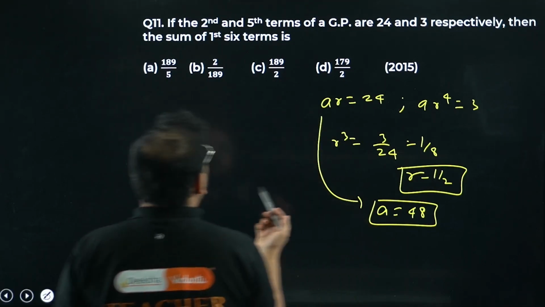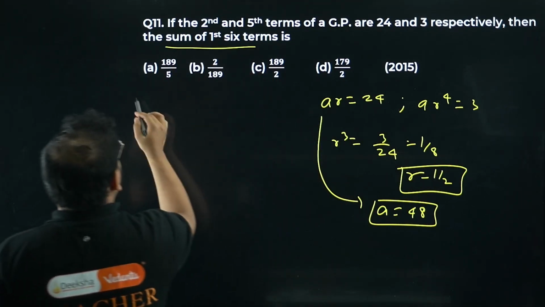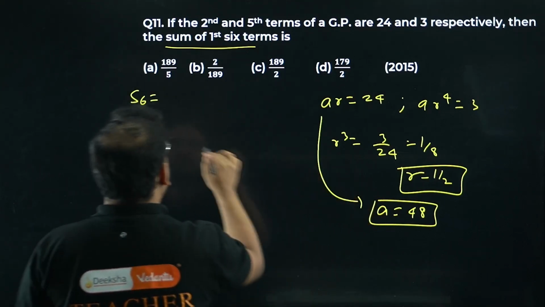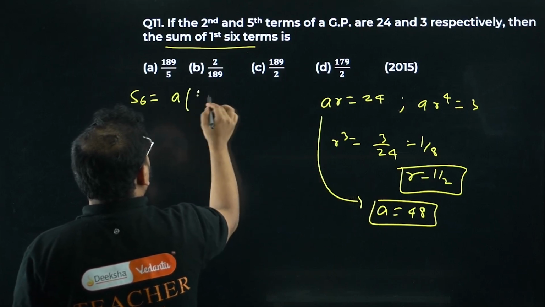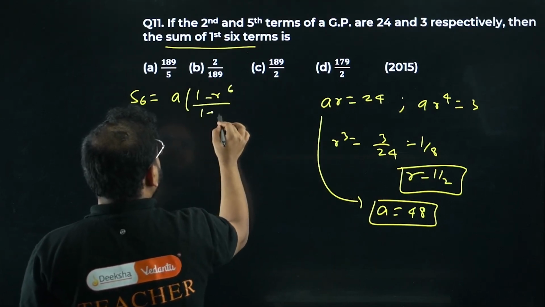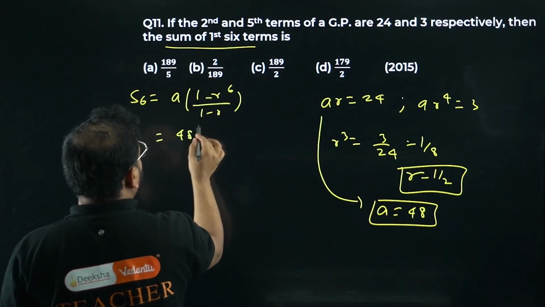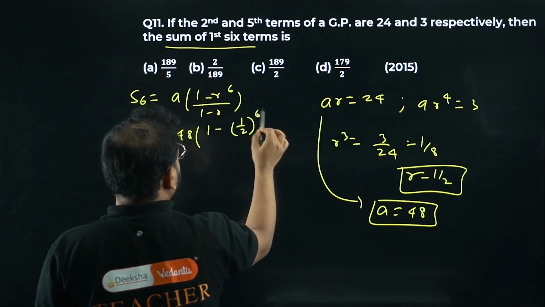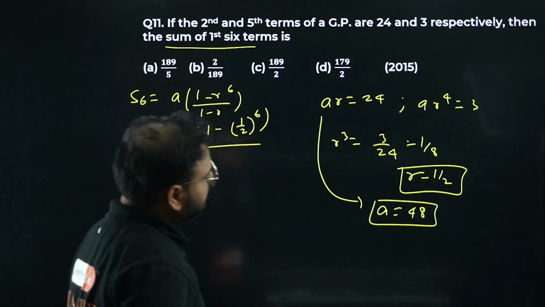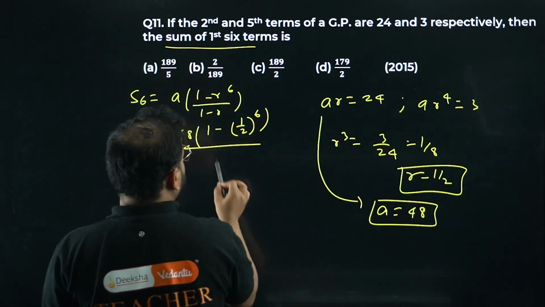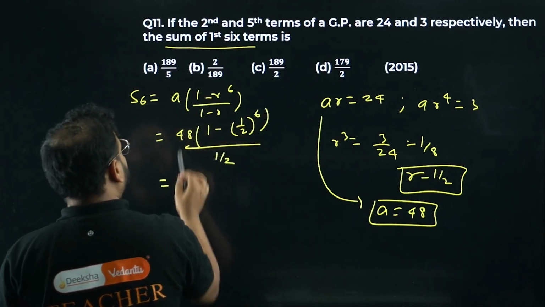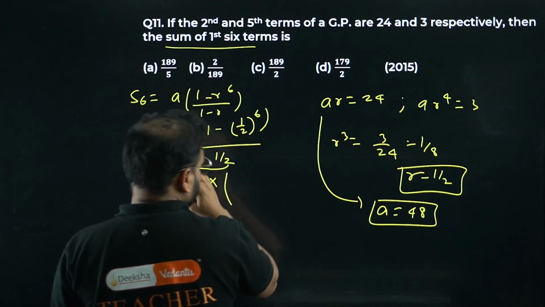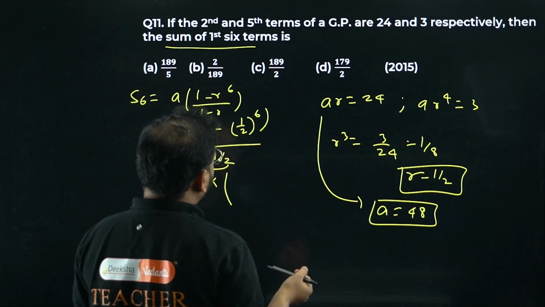So now what are you looking for? The sum of first 6 terms, basically S6. How much is that going to be? The r value is less than 1, so we'll write here a times 1 minus r power 6 upon 1 minus r. How much do we get? 48 into 1 minus 1 by 2 power 6, divided by 1 minus 1 by 2, basically 1 by 2 over here. So this 2 will go up, so 96 into